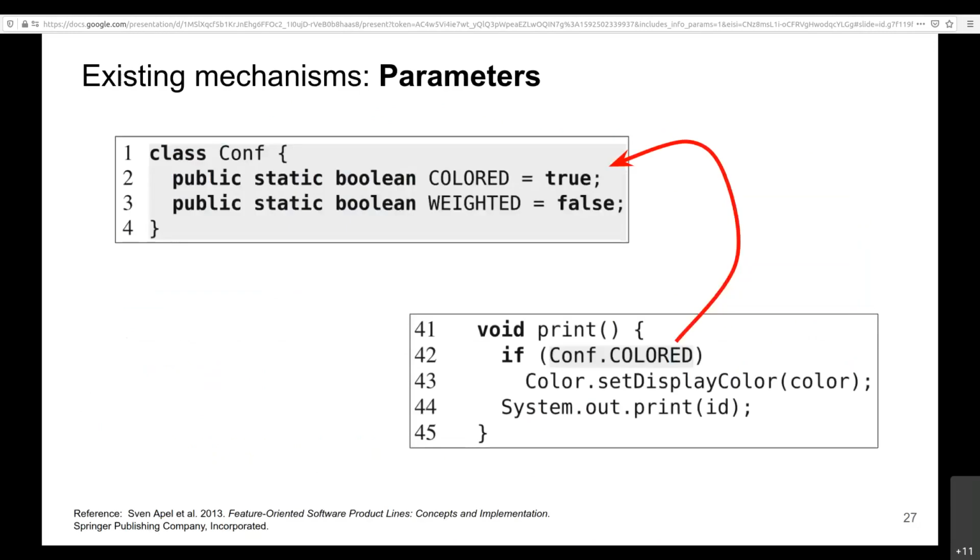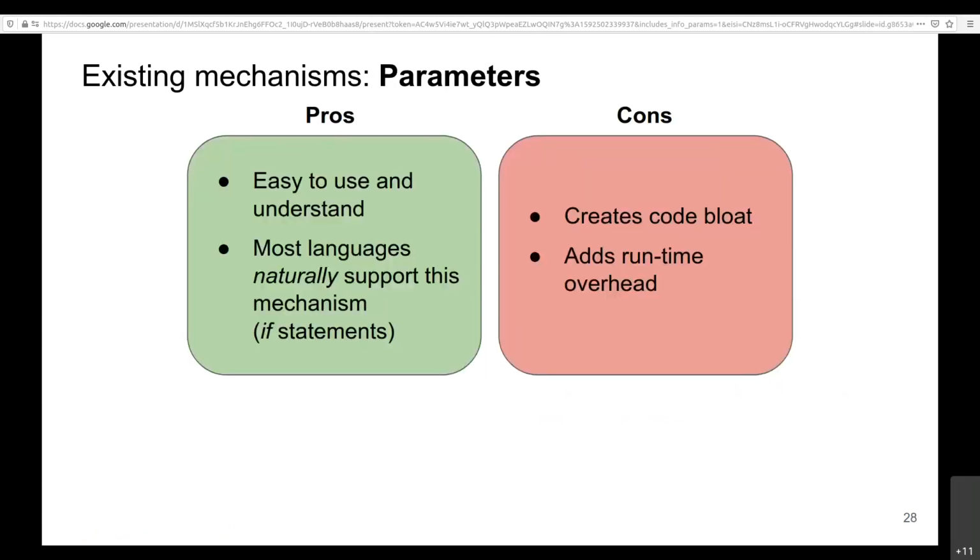First, the parameters are a fine-grained way of variability management. So it's essentially if statements, very similar to feature flags. In this example, we have a feature of color printing of a graph, which can be controlled using the conf class on the top figure. Parameters are quite easy to understand and use, and most programming languages support these because most programming languages have if statements. On the other hand, though, they create code bloat and add runtime overhead because now you should deploy all of these statements to production, and all of these statements should be